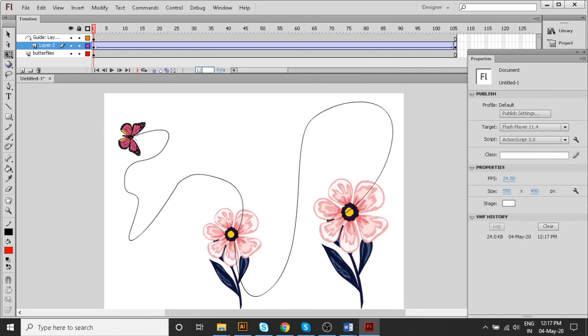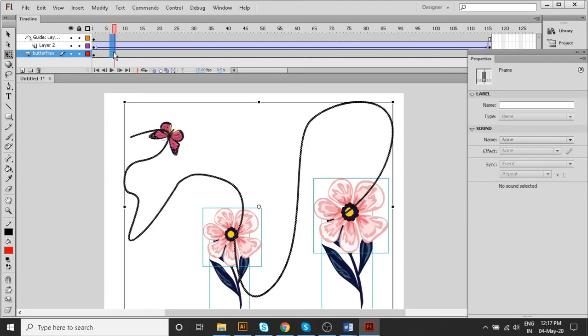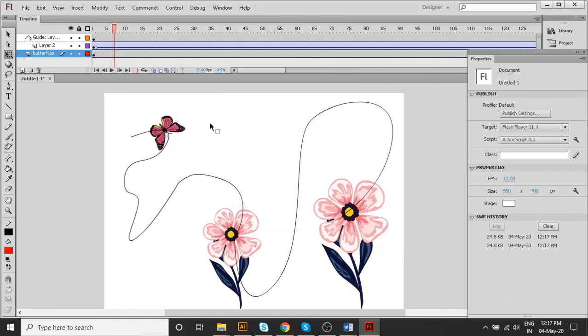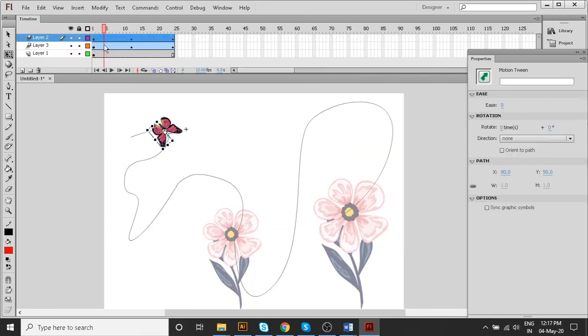Let me make some space here. So I'll show you some more animation here. Its wings are not working properly. So what happened, I'll go here. Make it F5 in 10 frames.